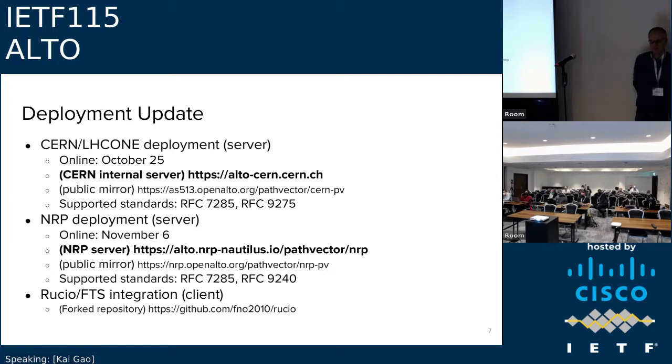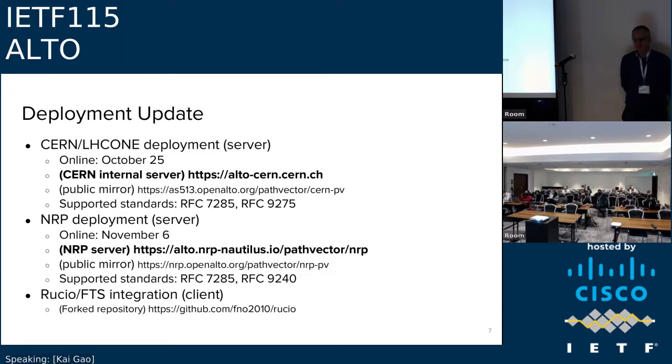RC9275. And then the second deployment is also running in the NRP platform. And I believe that hostname is access. It has open access in the internet. But we also have another public mirror hosted at openauto.org. And we have implemented RC7285 and also RC7240, basically the unified property map document. And the last deployment is